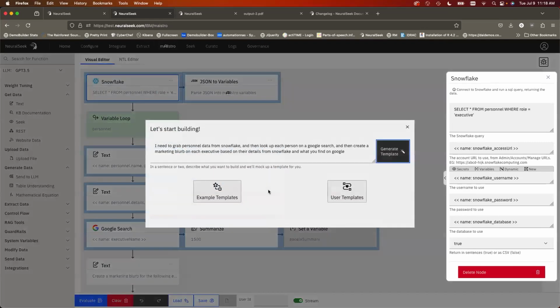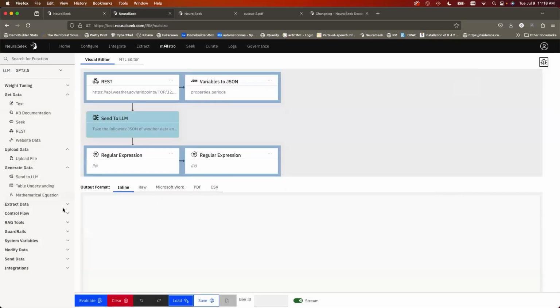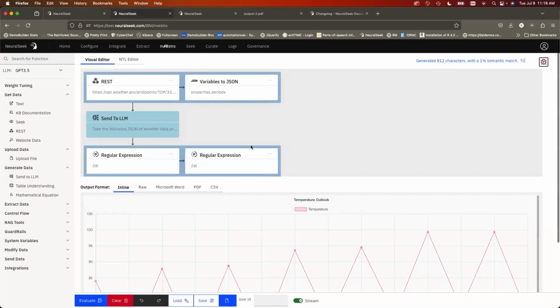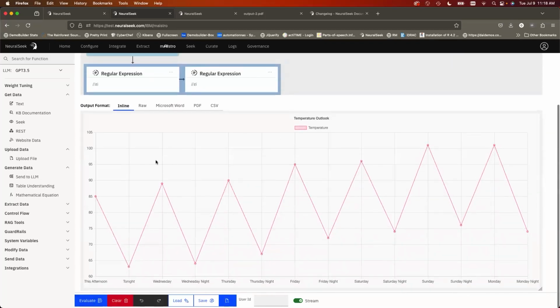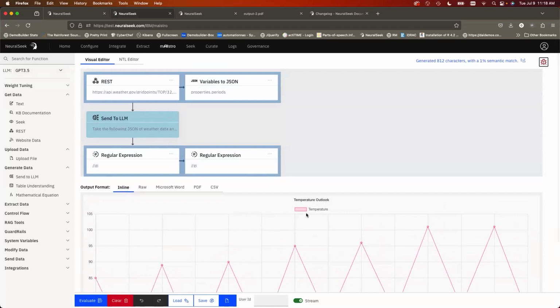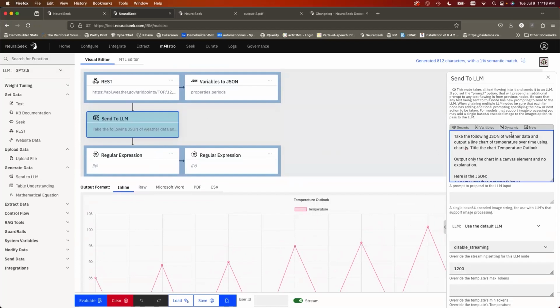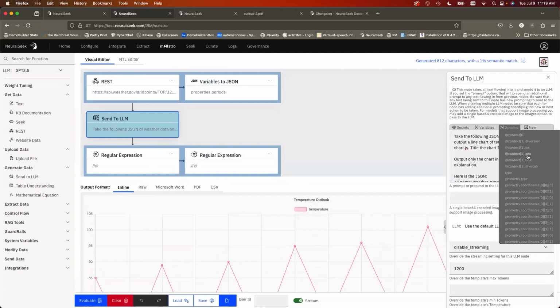Let's go back and look one more time at our charting, chart the temp. And I'll do this time with GPT. Cool. And you can see GPT came up with a slightly different-looking chart. You'll find that most models give some slight variation on how they want to build code, but quite a few models are capable. Now, because I ran this one time, you'll now see that my dynamic variables are populated,